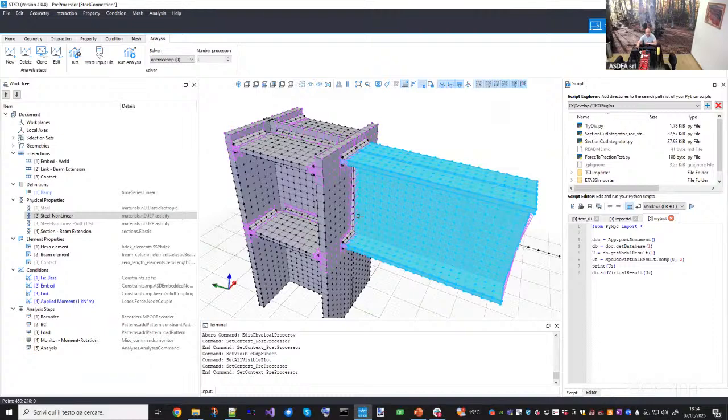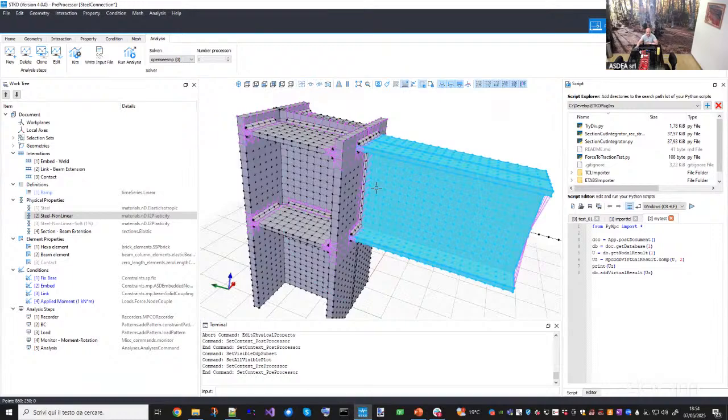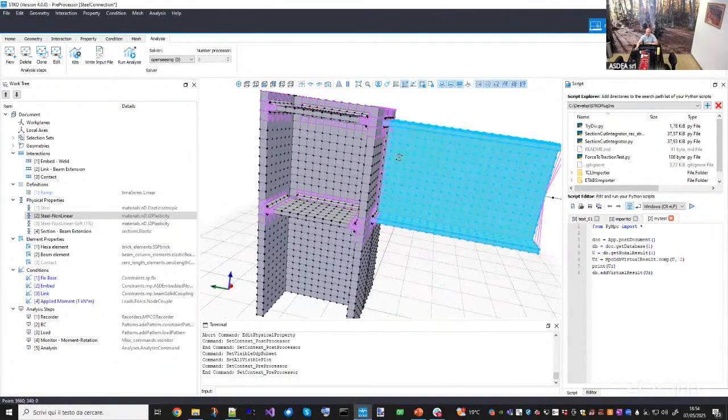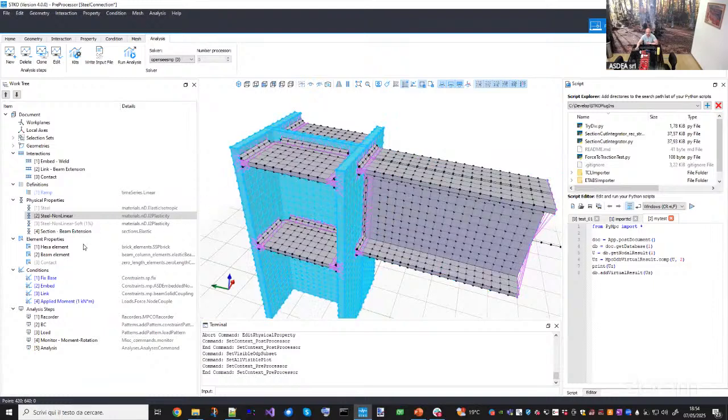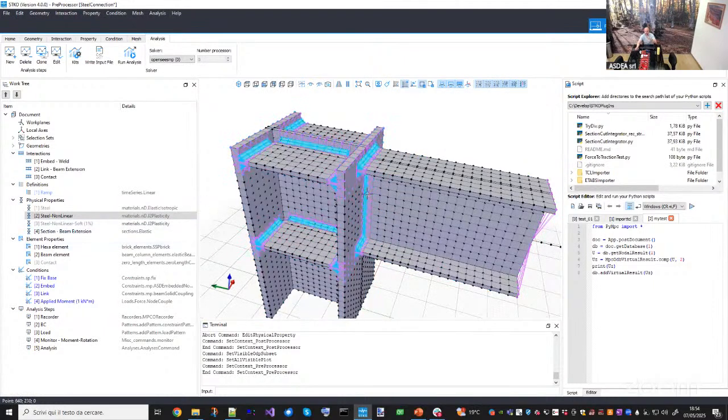Now, in this webinar, I don't have time to show you how to create bolts, but you can do it. Probably I will do it in a future webinar. But I want to fake it, let's say. So if I want to make this connection not a rigid connection, but a semi-rigid connection, which is something that you may have if you have a certain number of bolts, now I don't have bolts here, so I fake it by